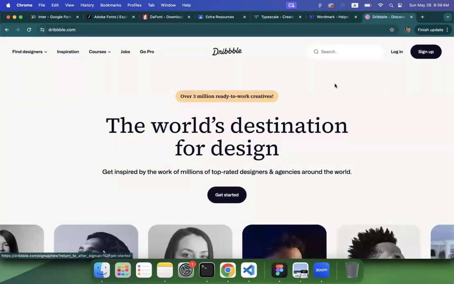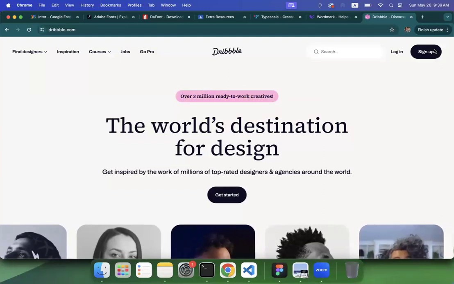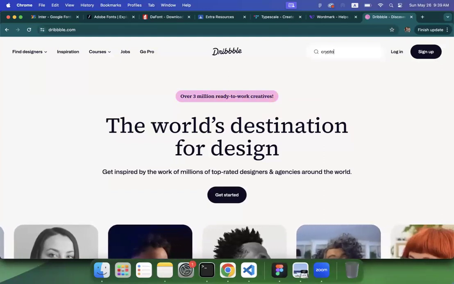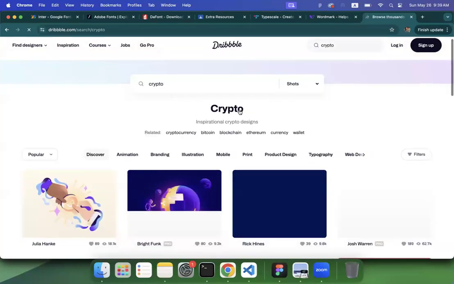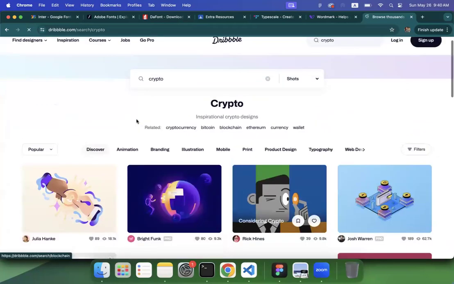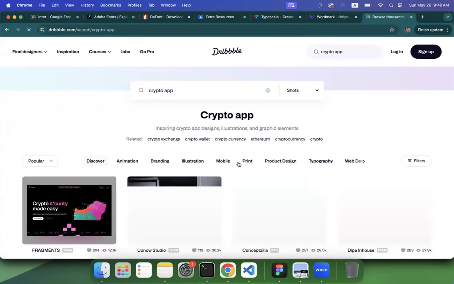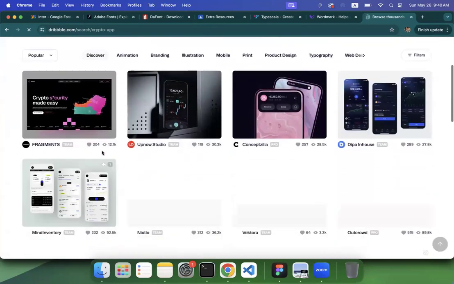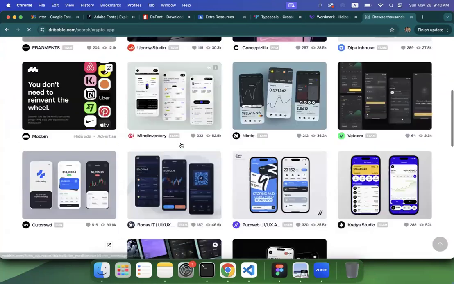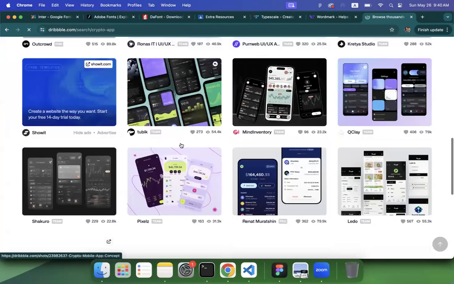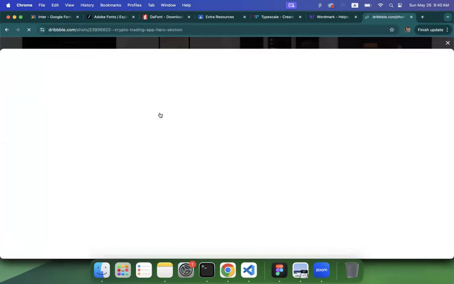And inside Dribbble, let's search for something like this. Okay, you came across this kind of website, this kind of design, and you don't know what font face they are using. So one thing you can do is